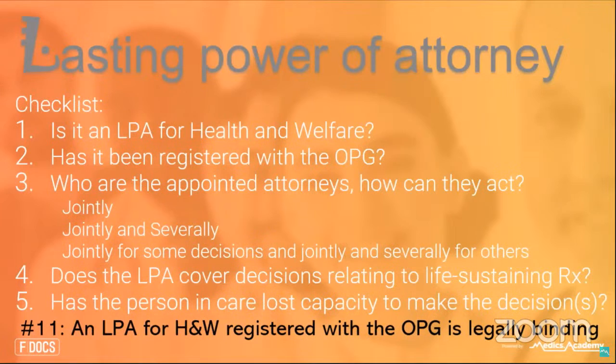Now, the next thing you need to look at in the LPA is, did the person making the LPA, what's called the donor, did the donor give the attorney the right to make decisions about life-sustaining treatment? I have to be honest with you, I've never seen anybody take an LPA out and not tick this box, because most people would think, well, what's the point in registering one and paying the fees if I'm then not wanting this person to make important decisions. But it's still important to check that they've signed that box to say that they do give them the right to make these decisions, because alternatively they could sign the other box that says they don't give them the right. So it's worth looking through the document for that.